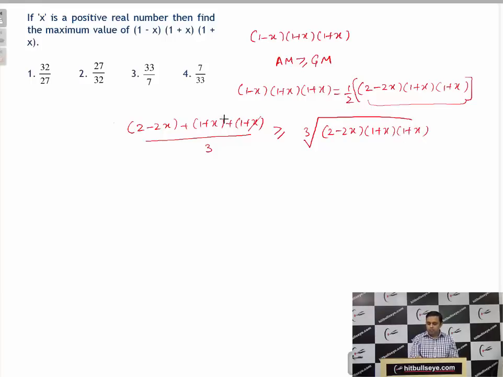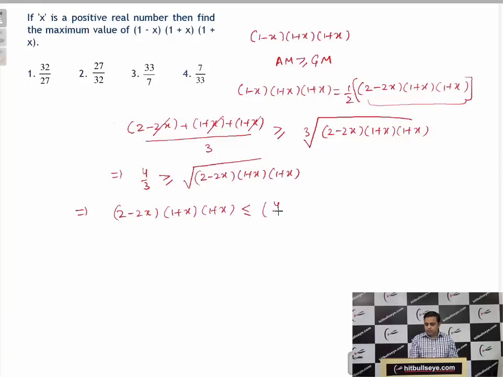Now here we will simplify it and it becomes 4 by 3 greater than or equal to cube root of 2 minus 2x into 1 plus x into 1 plus x. Now taking cube on both sides, the given expression becomes 2 minus 2x into 1 plus x into 1 plus x less than or equal to 4 by 3 whole cube. Now just multiply it by 1 by 2 on both sides. We will get